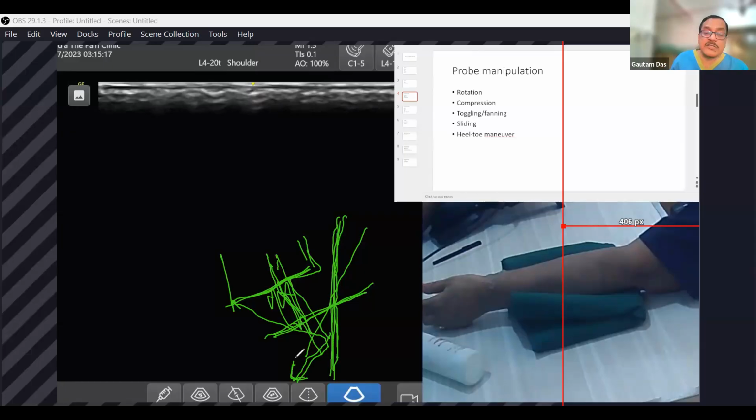So to see it better, what you can do is make the probe go through a heel-toe maneuver. You can put it like this, or you can give a lot of gel here and tilt it to this side. So by that way, trying to make the ultrasound